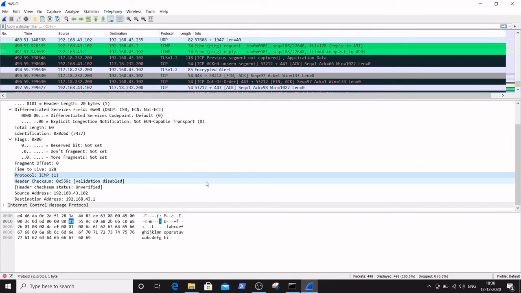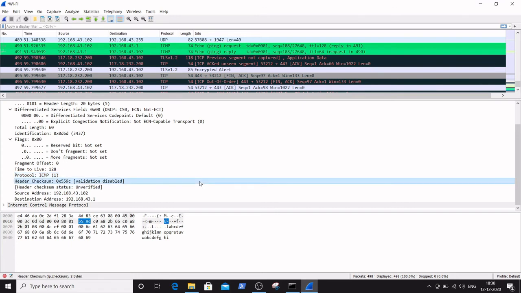The next field is called the header checksum. The header checksum is used to ensure the integrity of the header values. From the source to destination, it checks the integrity of the header, whether any changes happened in between the transmission from source to destination or not.